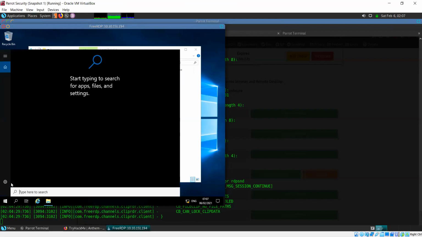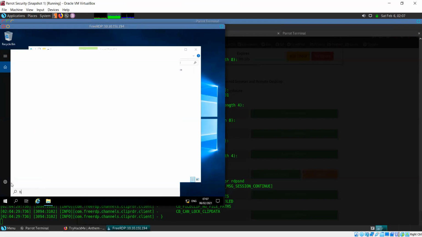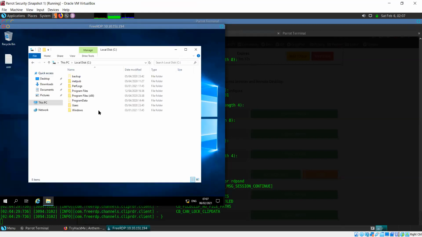You can just type hidden in the search and one of the results will be the setting that you can change for viewing hidden files and folders. But of course, the much easier way to do that is just go to View and select show hidden files. Or you can just search hidden here and it'll directly take you to that setting. Okay, so where should we go now?